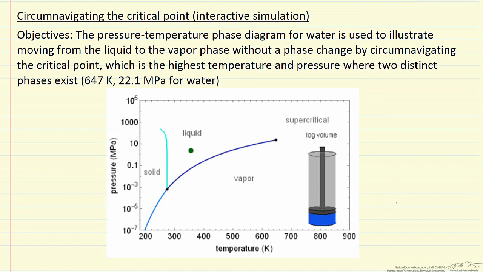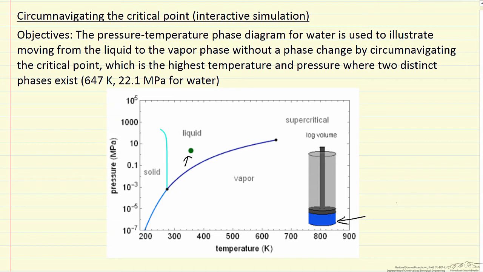So in this diagram, we're plotting the log of pressure versus absolute temperature. And then on the right side, we have a piston and cylinder. This is representing the volume of our system, but on a log scale, because we have large volume changes. And so right now, the drawing, dark blue, represents a liquid and corresponds to this point, our starting point in